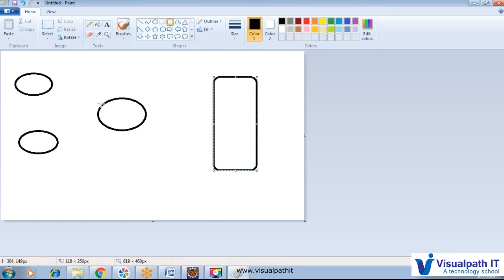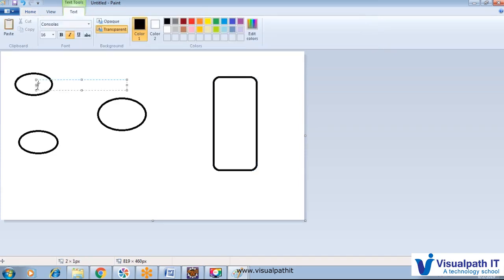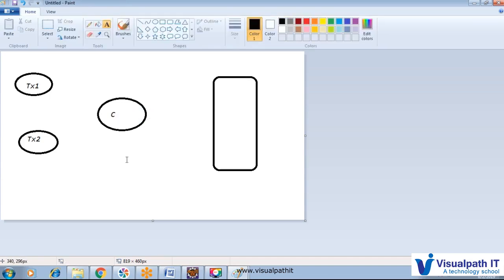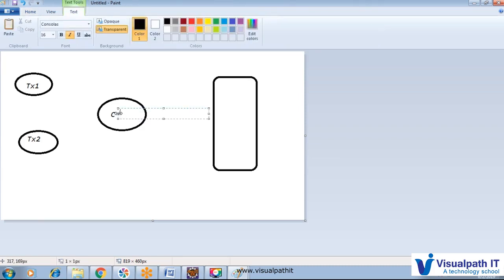So what happens here is, we have two transactions, tx1 and tx2. tx1 is here and tx2 is here, as well as this one is a cache, and this one is a DB.